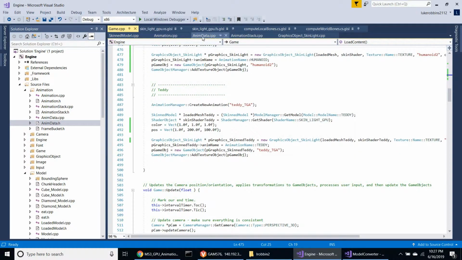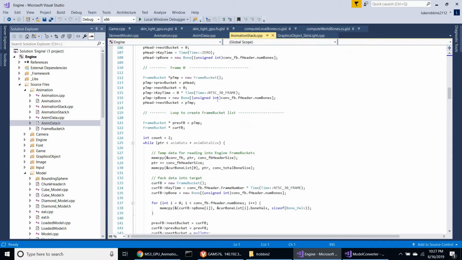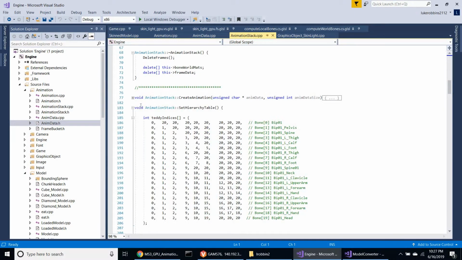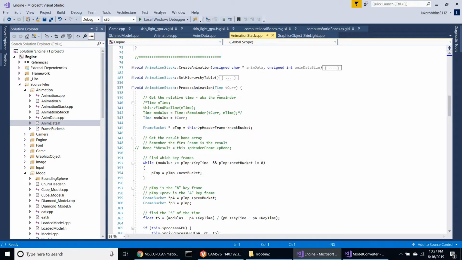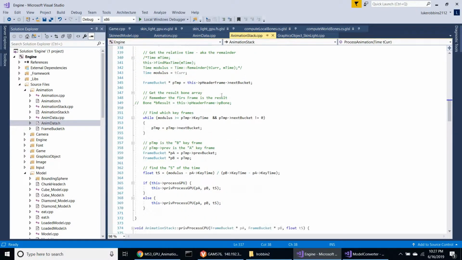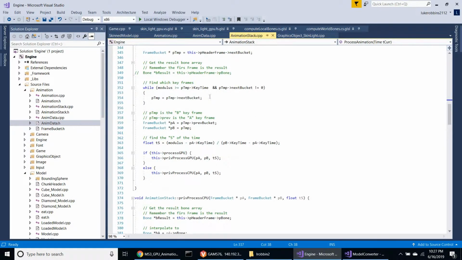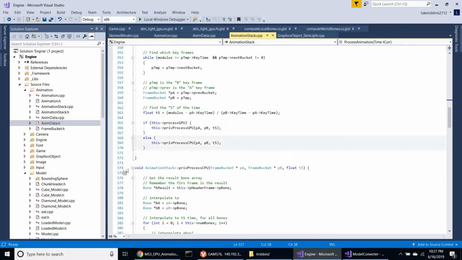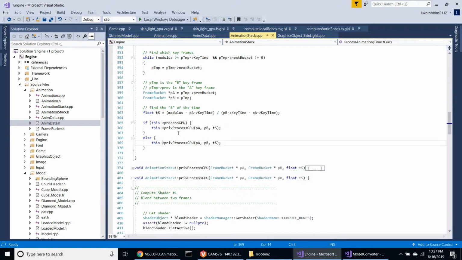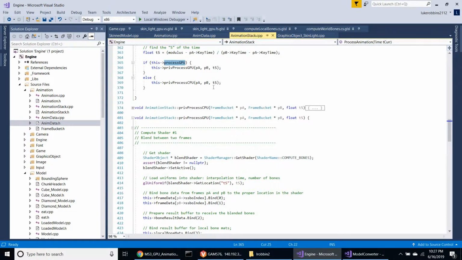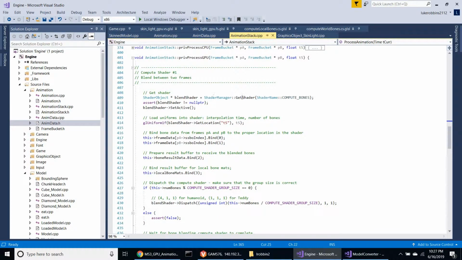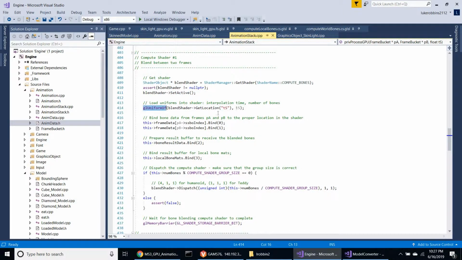So for our animations, as we're doing our process animation, just for most of the time, we're going to get the time here, same as before, determine which frames on the CPU, and then we're going to pass off that task to the GPU, process GPU, which is what we're going to use here. And so we're going to get a compute shader for computing the bones in local space, set that active, send over the uniform of TS, bind the two frames that we just